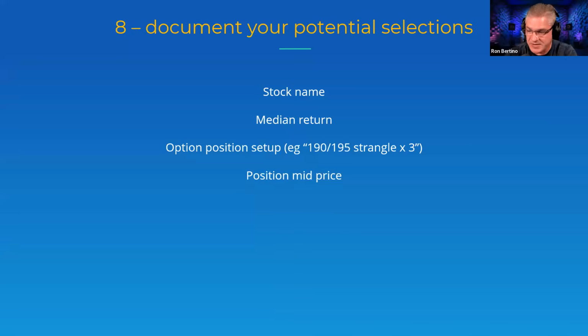And then from there, I have a notepad right here next to me, and I'll keep a short list of the stuff that has passed all of my criteria. For the stuff that's passed all my criteria, I'll write down the stock name, the median return, and what the position is. So here in this example, I've said it's the 190, 195 strangle times 3, which basically means I'm doing 3 contracts